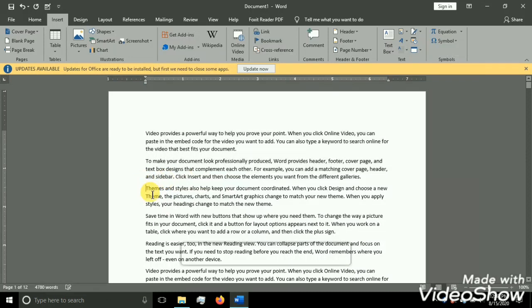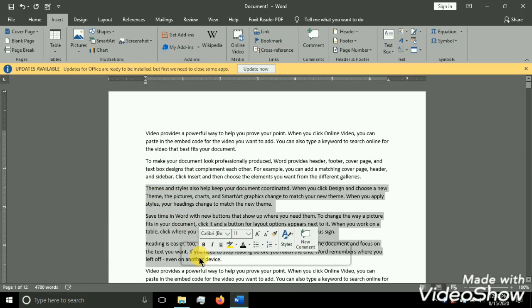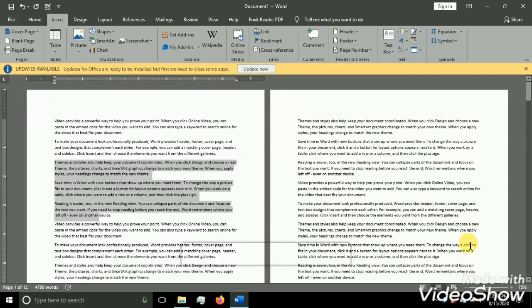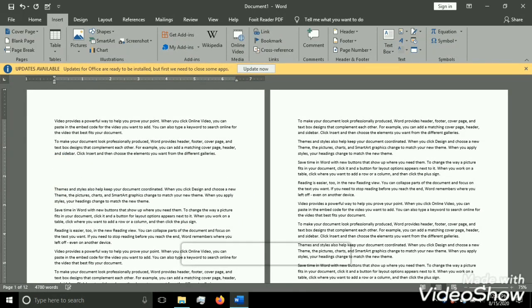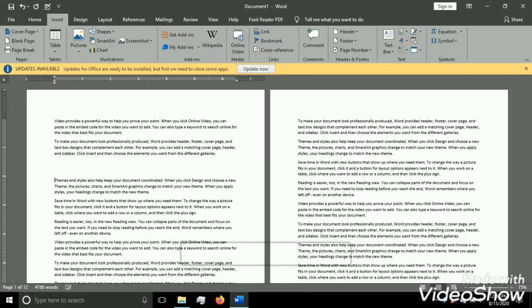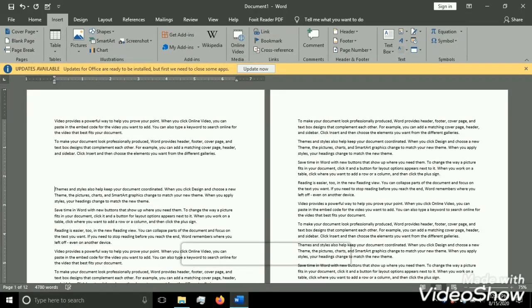So now I have written some text in my page, and in the first page I have so many paragraphs, but I want the first two paragraphs in the first page, and all the remaining paragraphs should start from the second page. So what I have to do is keep on pressing enter until my third paragraph enters into the second page. But I cannot do this.